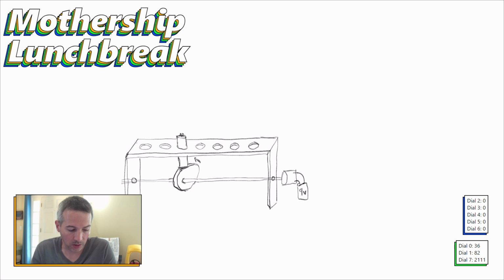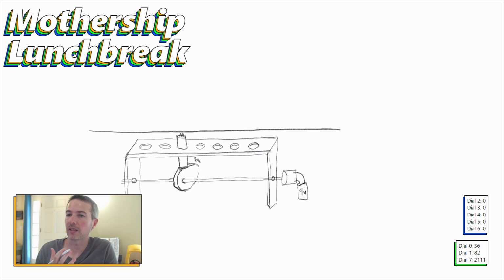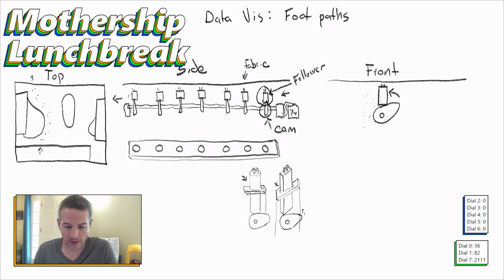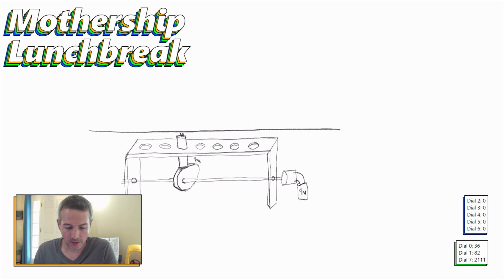And then fabric across the top. So I think I need to build that. Got that. And this is kind of how it's gonna look. All right, so I think maybe next stream